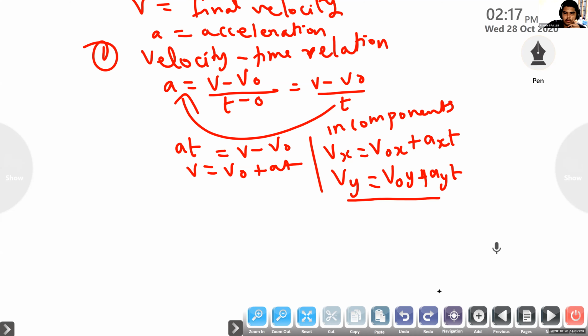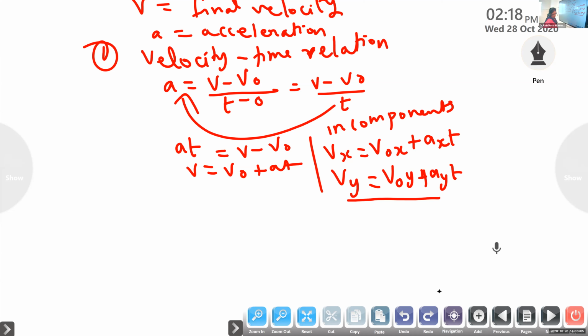Ma'am, numerical problems should be there in this chapter. We have already done it in straight line motion, taking dx by dt, dy by dt. The same thing we will do, by taking the derivative of the x component and y component. We have to finish all these formulae first, then only I can go there.